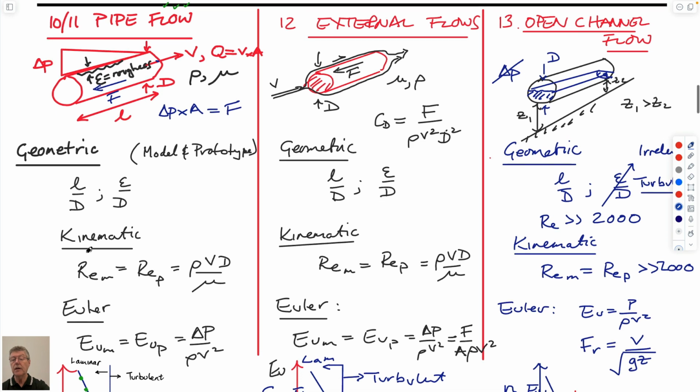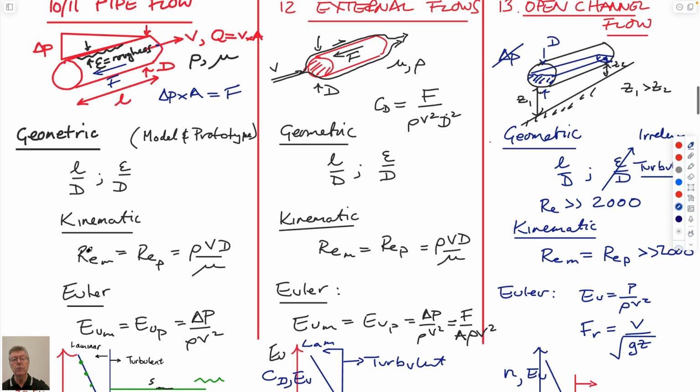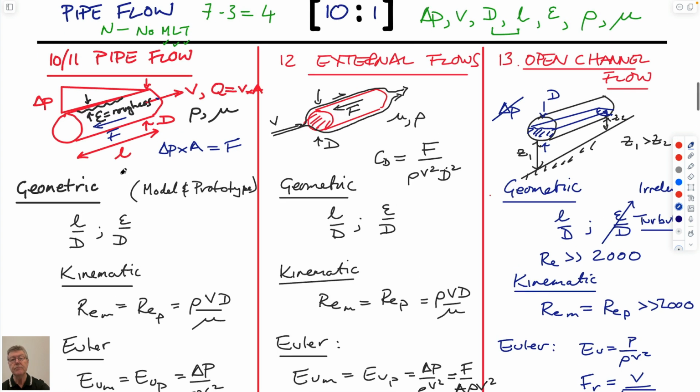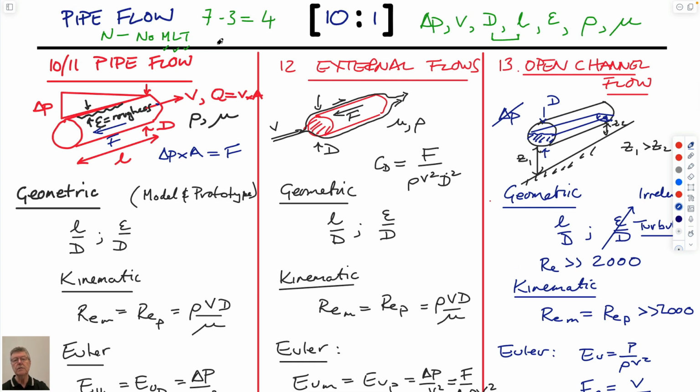And we could use something like Buckingham Pi to be able to explain what we're trying to do. And it would go something like this. We'd decide on the geometry of our pipe. Our pipe would have a length, it would have a diameter, and it would have a roughness. And so if we wanted to decide on the components which describe our system, then we could think of what